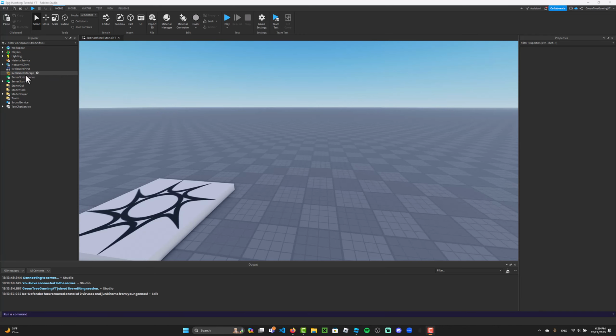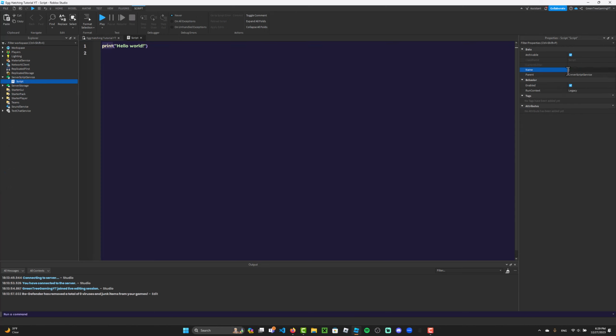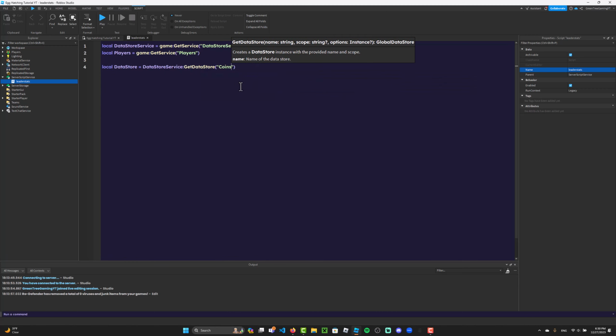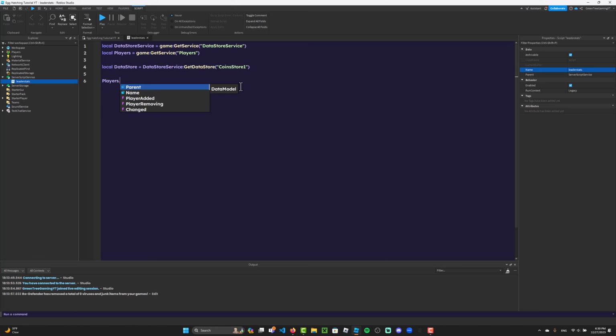So we're going to start off by creating the leader stats. Inside ServerScriptService, we're going to be inserting a new script. We are going to call this leaderstats and we can get coding. So we're going to get the DataStoreService as well as the Players service. Once we do that, let's get our data store by saying local dataStore is equal to DataStoreService:GetDataStore, and then CoinsStore1 is what I'm going to name my data store. Then we are going to say Players.PlayerAdded:Connect(function, which will take in a player, and we're going to create our leaderstats